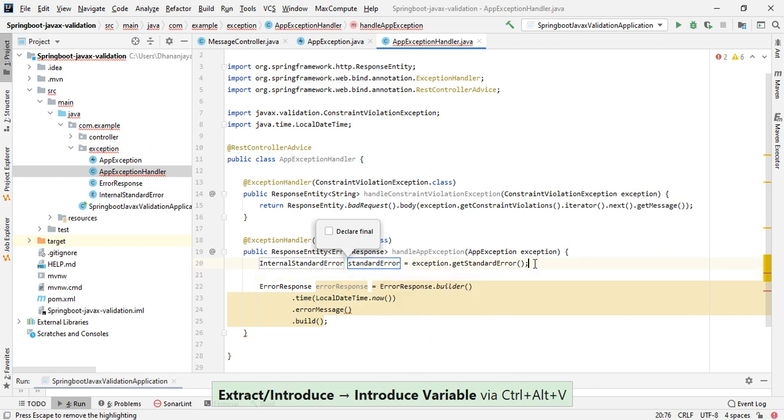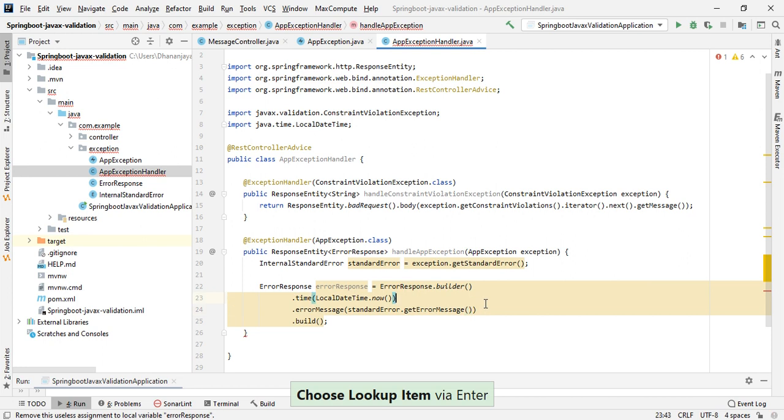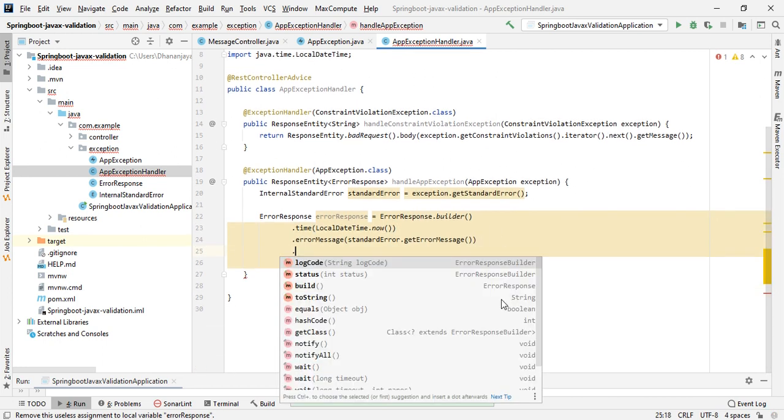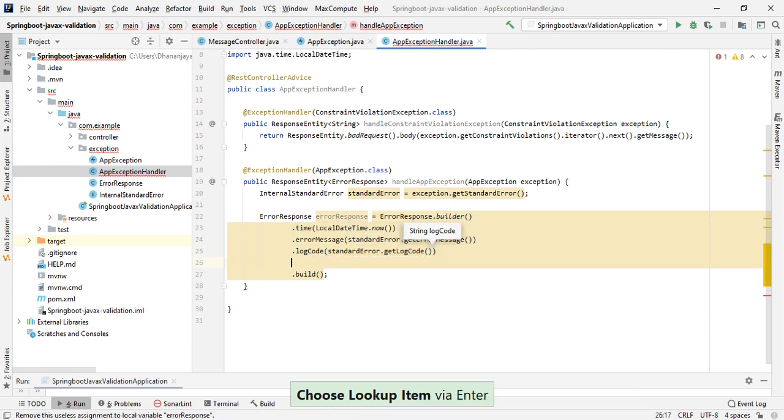So we are getting the standard error. From this standard error, I will extract the values: error message, then log code, then status.